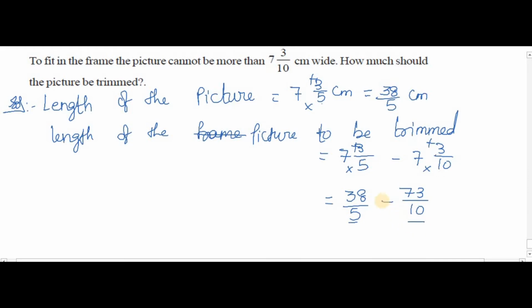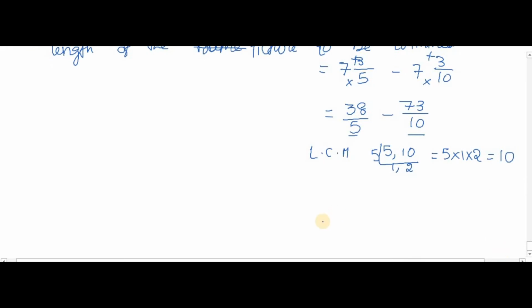Now my denominators are different. Of course we all know that if the denominators are different, then automatically we have to change them into like fractions. So how can we change them into like fractions? With the help of LCM, right? Now LCM will be taken only for the denominators, 5 and 10. So in 5 table they will come, 5 1s are 5, 5 2s are 10. So my denominator is going to become 10. Now in 5 table when I'll get 10, 5 2s are 10. 38 into 2 by 5 into 2 minus, 10 table when we'll get 10, 10 1s are 10 only.